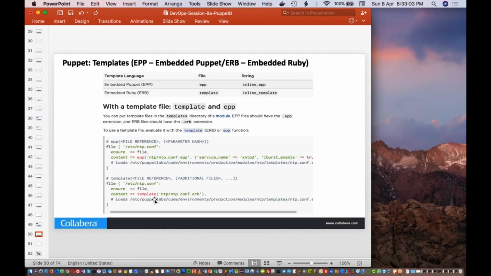But with an .erb template, you will call it using the template keyword, and you just need to specify the template file name, which has the .erb extension. Here you won't be able to pass parameters. That is the difference between EPP and ERB templates in Puppet.